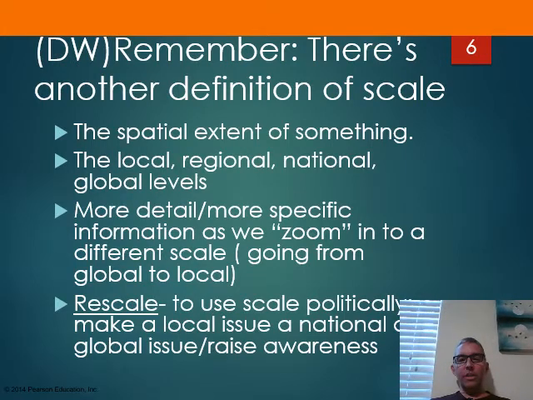Now, just touching on some other things before we wrap up this chapter. One of the key ideas is understanding scale, right? I said there's map scale and there's scale of analysis. So scale could mean the spatial extent of something, so like what level it's at, how much it's spread out. It could mean looking at something at the local, regional, and national levels, and that if we change the scale on something, we can zoom in or zoom out on it.